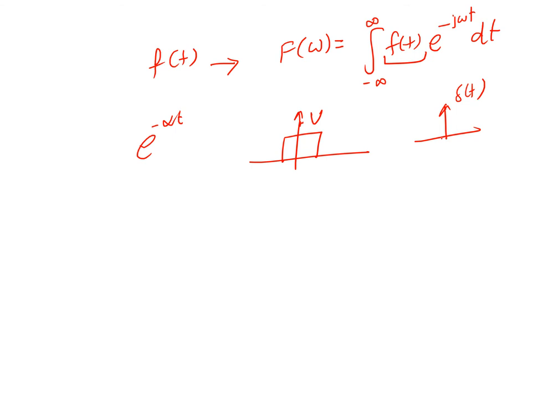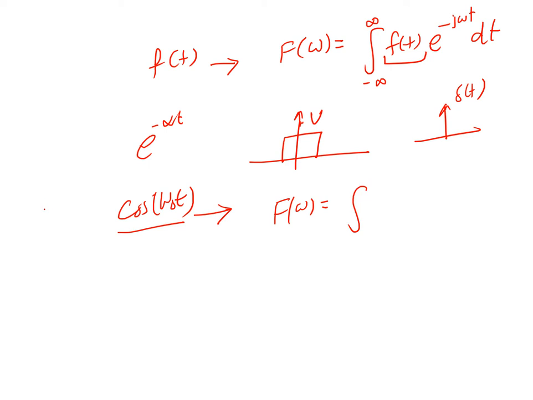So what if, for example, our signal is cosine? This is a periodic signal. Last time I told you that even if we have a periodic signal, we can also calculate its Fourier transform. So if we have a cosine and want to calculate its Fourier transform, what will happen?